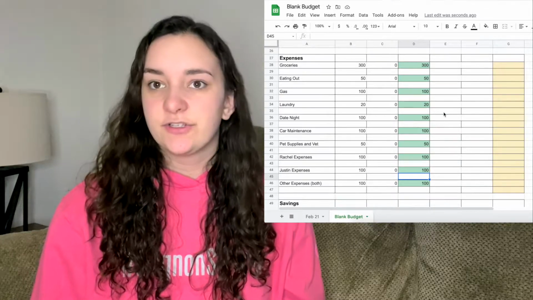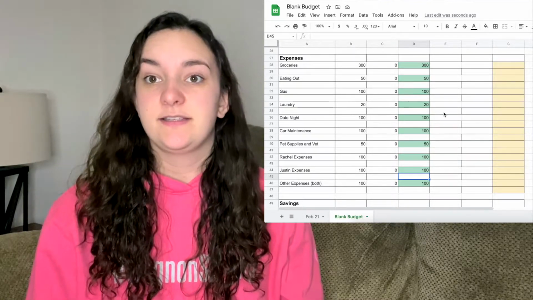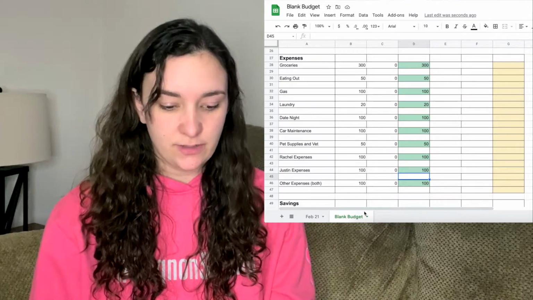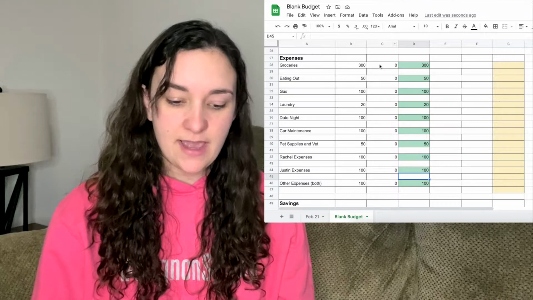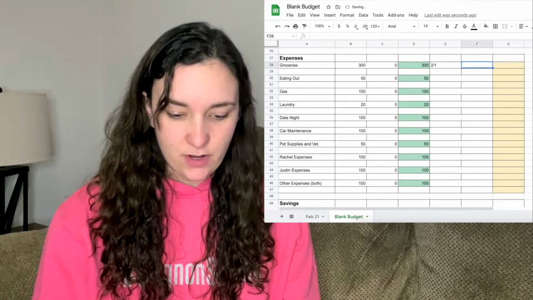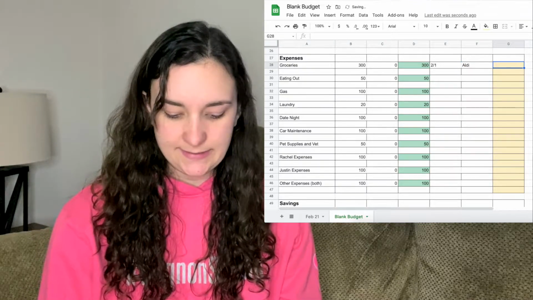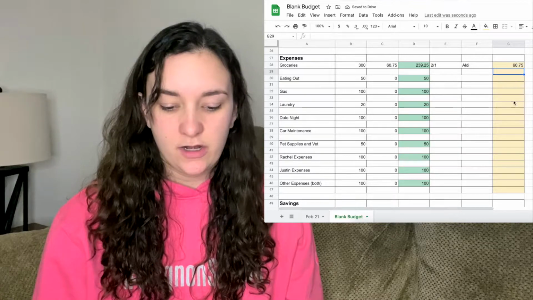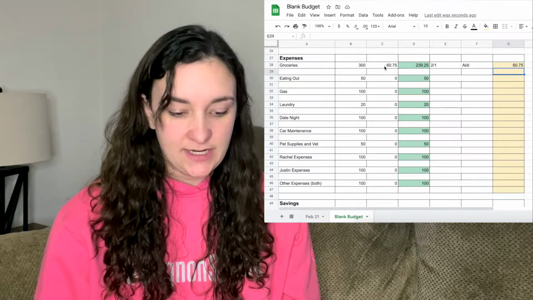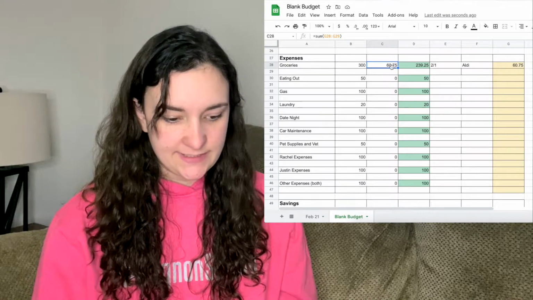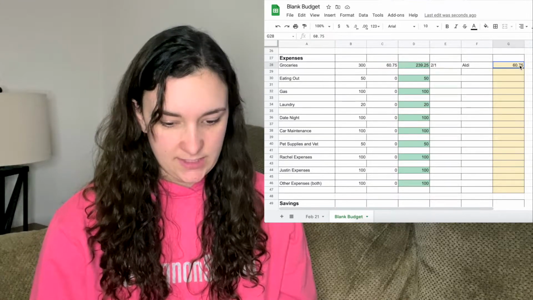And so this is a little different than regular bills because it's not going to be one lump sum payment. So I don't actually put it in this second column right away. I put it over in these further columns. So say I go to Aldi and get some groceries, it's $60.75. And these cells over here are going to automatically add up and put it into the actual amount. So the column here is set up to be the sum of these, basically.